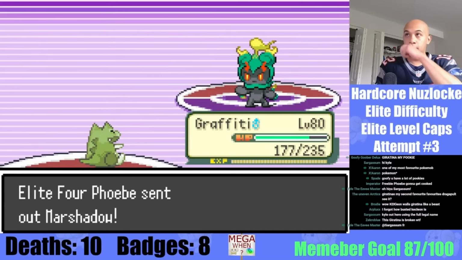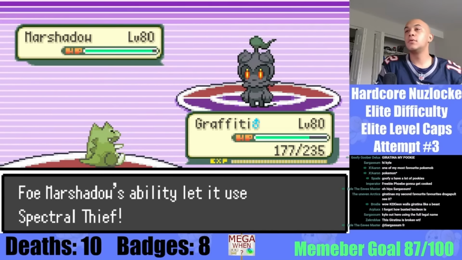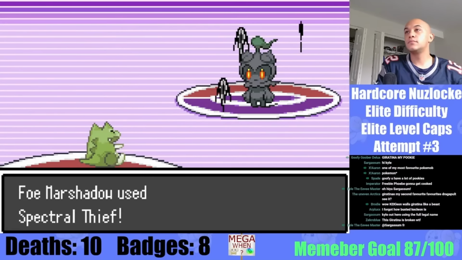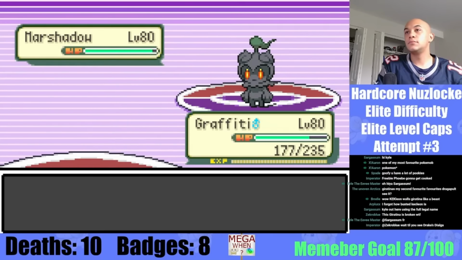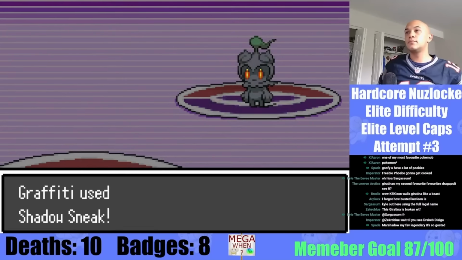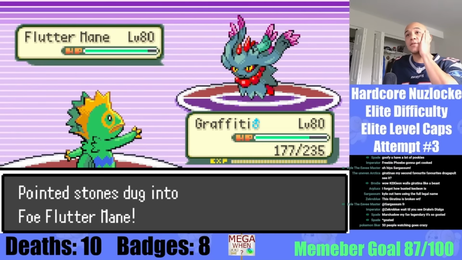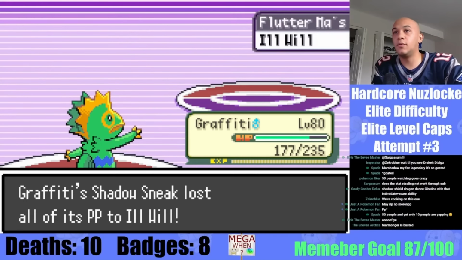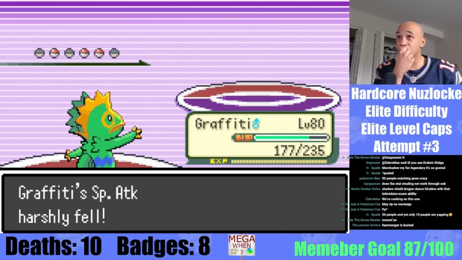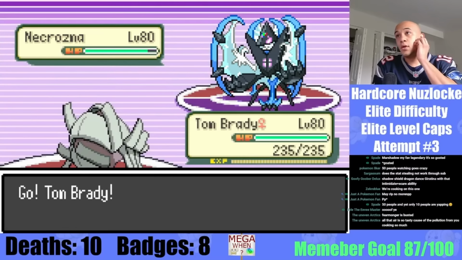Luckily, she sends out Marshadow first, most likely because of its ability Phantom Thief, letting it use a weak Spectral Thief on entry, which would normally steal all stat changes, but not through our substitute. It also falls to Shadow Sneak. Now the cursed Fluttermane comes out, and yes, it will die to a Shadow Sneak, but the innate ill will removes the rest of our Shadow Sneak PP, so no sweep for Kecleon, forcing us to go to Golisopod, who,